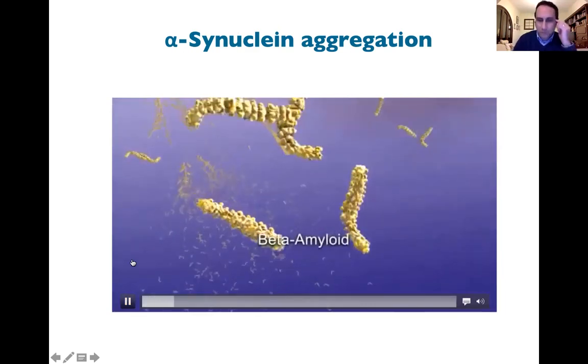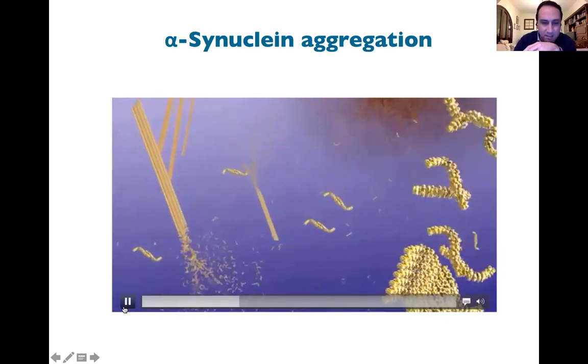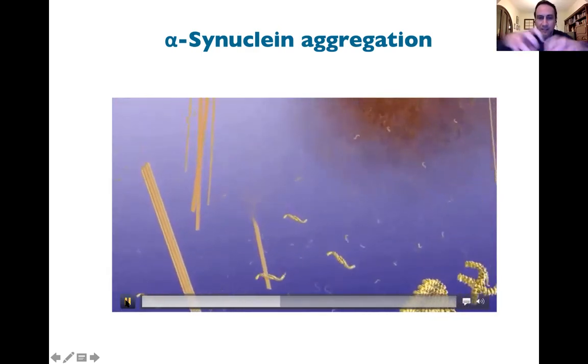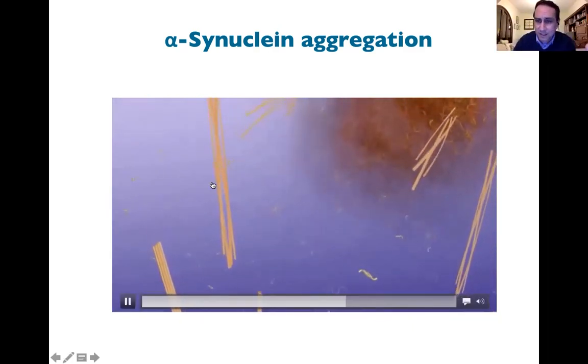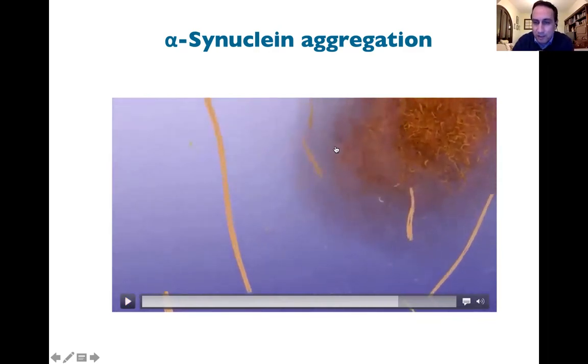All right, so that would be the alpha synuclein. They would start clumping, sticking together. You can see that they're sticking together, and then they are forming these larger and larger aggregates till you finally get to the, so this is sort of an image of a Lewy body forming inside the cell,